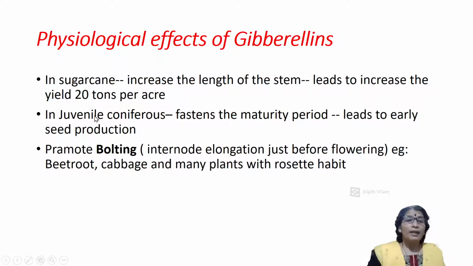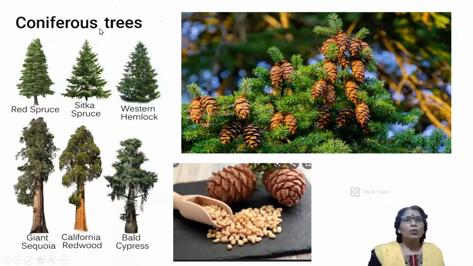And by spraying gibberellins on juvenile coniferous. Juvenile means young coniferous. What about coniferous? Here, these are the coniferous trees. Coniferous trees are always in conical shape. That is why this name coniferous has been given. These coniferous trees belong to gymnosperms. Gymnosperms always produce seeds directly only. They never produce fruits. Here, these are the cones which are developed on the coniferous trees, and these cones produce